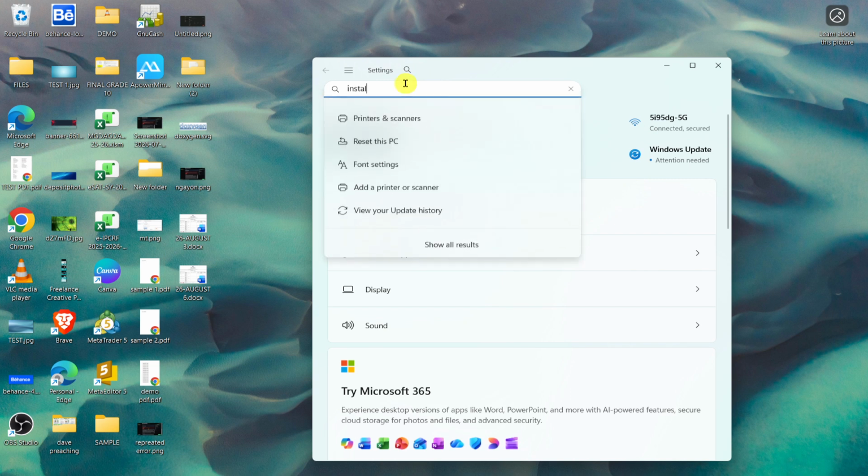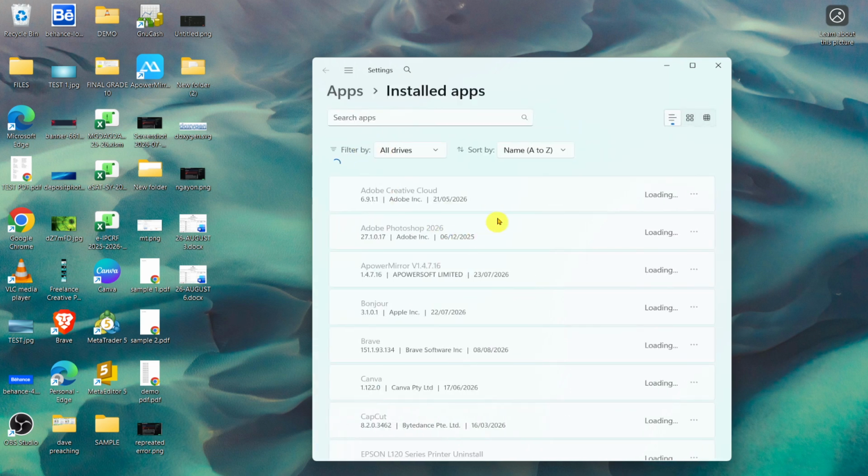Click into the search field at the top and type Installed Apps. As you type, Windows should start showing matching results. When you see Installed Apps appear, click on it to open the full list of applications currently installed on your